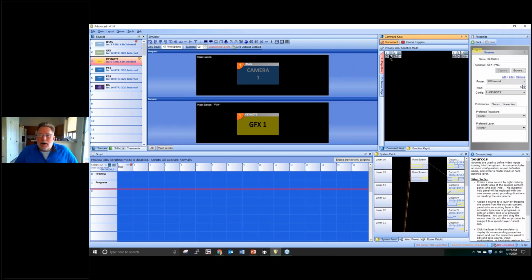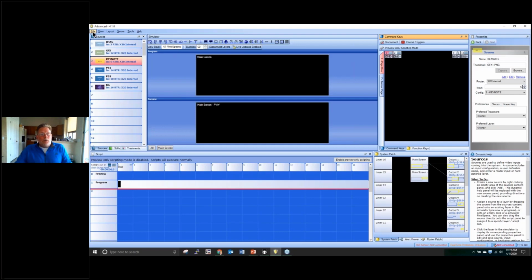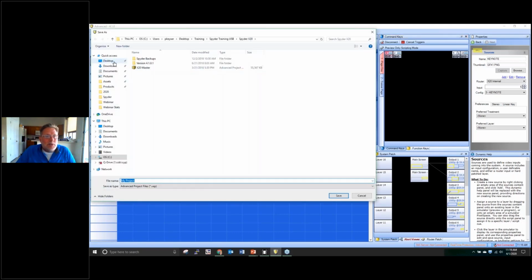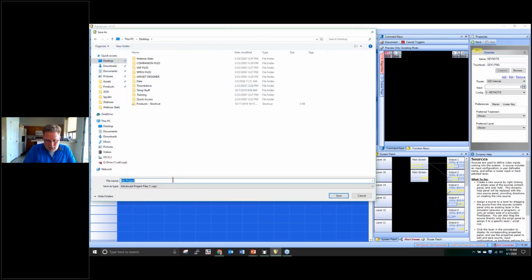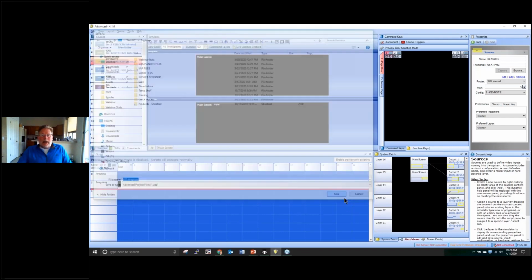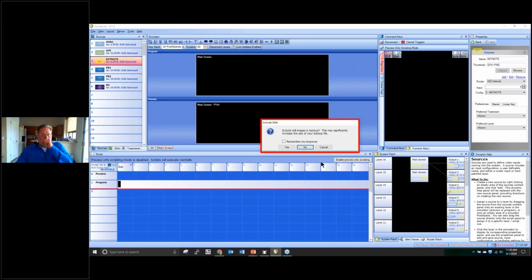So let's do this. I'm gonna go ahead and clear that. Now, I'll do a quick backup because I wanna save, maybe I wanna restore this configuration later on. I can go back up, and I'll just do this to my desktop here real quick, and I'll call this X20 single pixel space. And notice it has a file extension called a .vap, Vista Advanced Project, okay? So I'll go ahead and hit save, and it's always gonna prompt you,